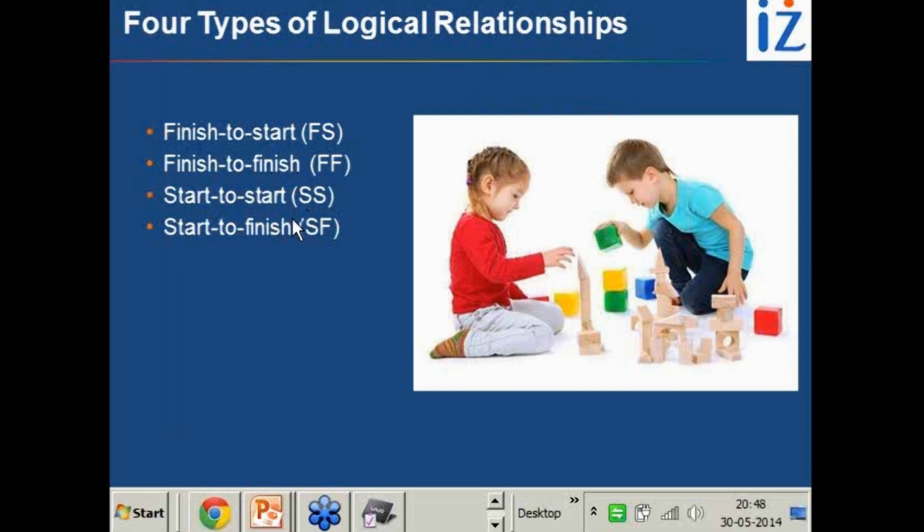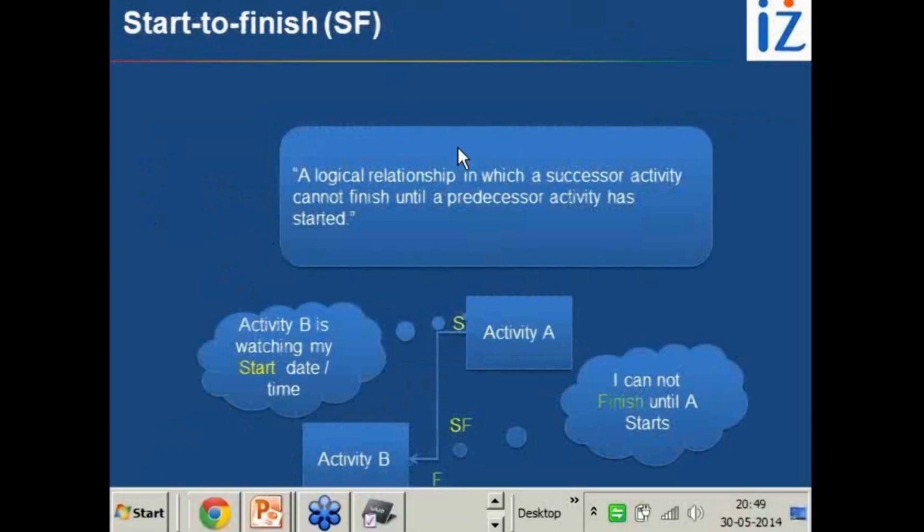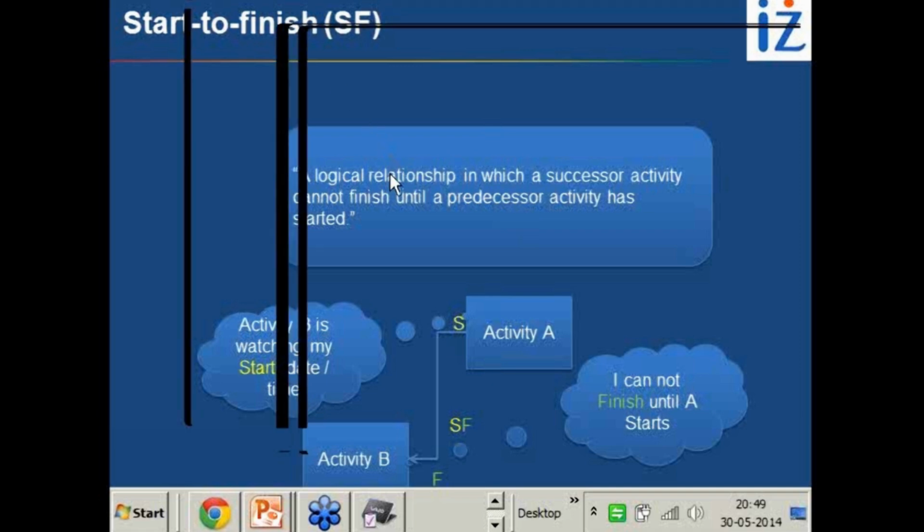Okay, now there are a few queries which I have to compile and think about. Let me go to the previous slides where the SF relationship is defined. Now in an SF relationship, we start thinking that this relationship is becoming reverse. So does the definition of predecessor and successor also change? Does it mean that now B becomes a predecessor and A becomes a successor? The answer is no. That is why I said that it looks a bit weird.